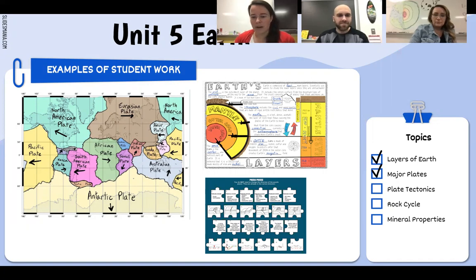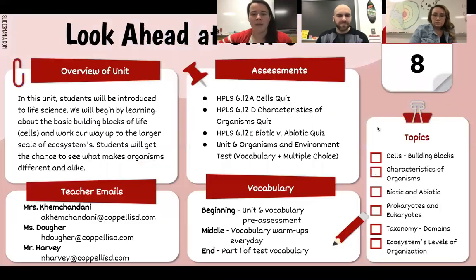They're currently in a numbers file, which you see the puzzle pieces at the bottom. They will show what they've learned about each different boundary. After that, when we come back in April, we are going to move on to Unit 6, which is our